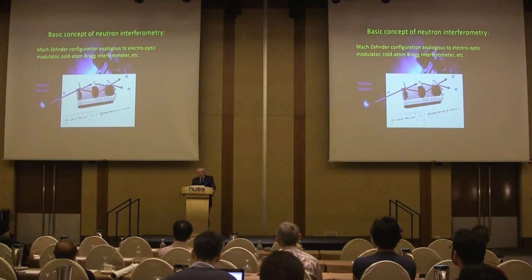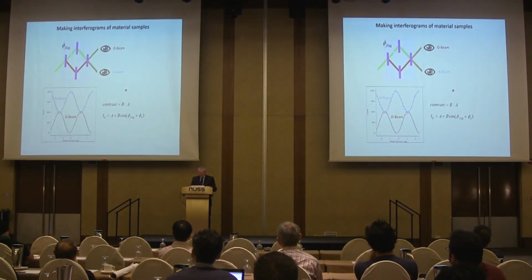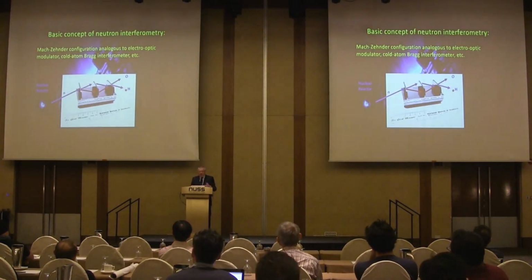And then there's another beam splitter here, which recombines the amplitudes associated with both paths, and puts one in the A plus B output channel and one in the A minus B. It's just a very straightforward Mach-Zehnder interferometer,